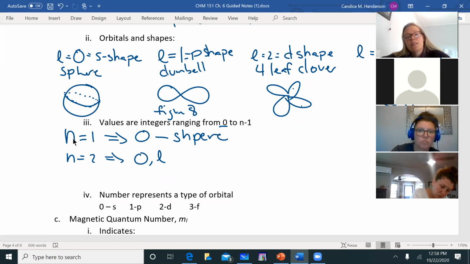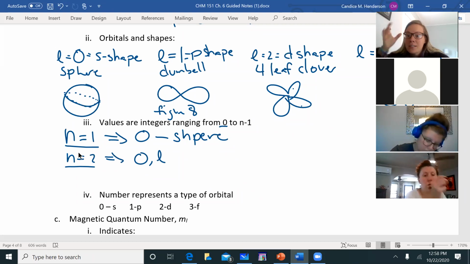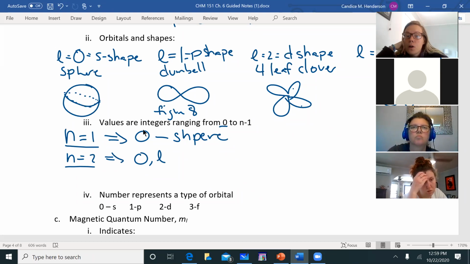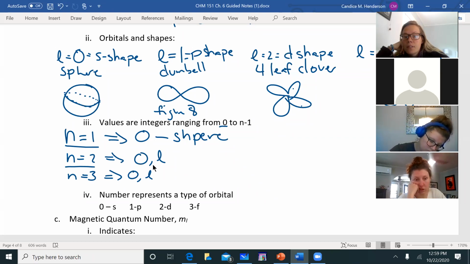You can kind of think, again, like if these are floors of a building, so this is the first floor and this is the second floor, this is a lopsided building, okay? So it's tiny at the bottom and it gets bigger as you move out. So on the first floor, the only classroom shape I can have is a sphere. On the second floor, I can have a sphere shape, and I can also have a figure-8 shaped classroom, all right? So more options on the second floor. If we go to the third floor, we can have 0, we can have the dumbbell, and we can also have the,